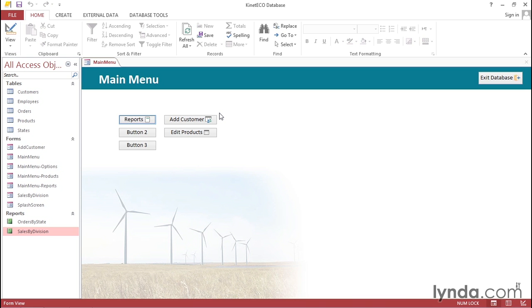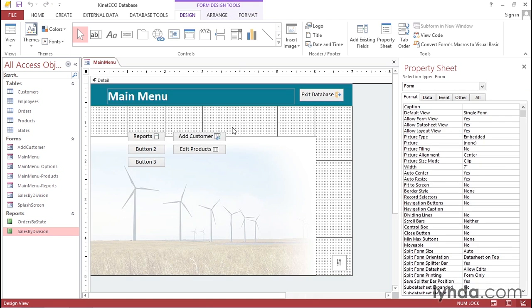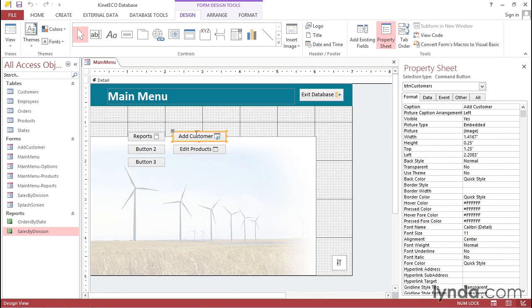Let's add a couple of shortcut keys to our main menu here. To do that, I'll right-click and go into Design View. Now, in order to add shortcut keys to these buttons, we need to modify the caption that appears. I'm going to click on Add Customer, and I want to make the Alt-C key be the shortcut that enables this particular button. In order to do that, what I can do is go into the caption, and right before